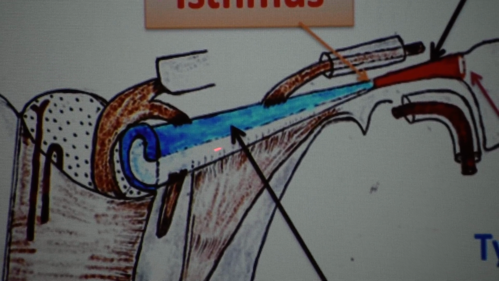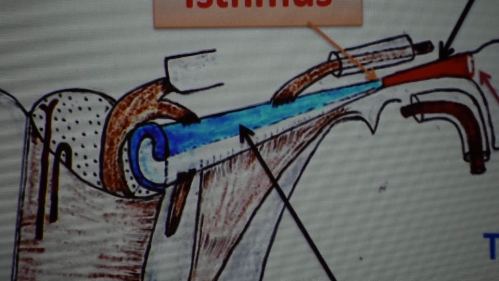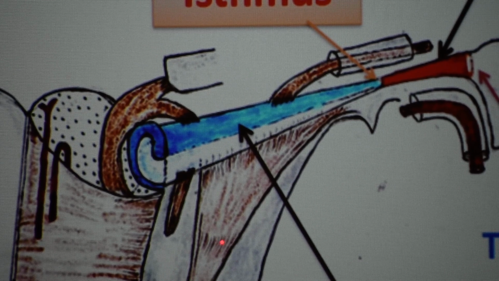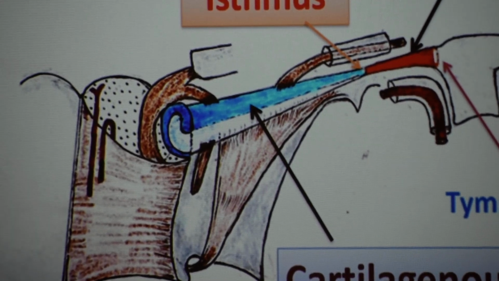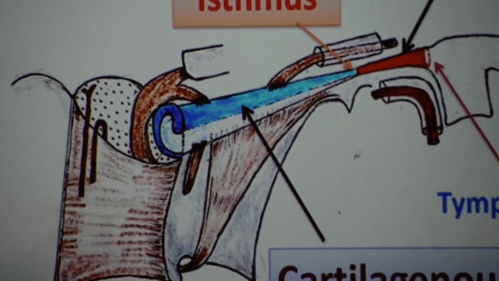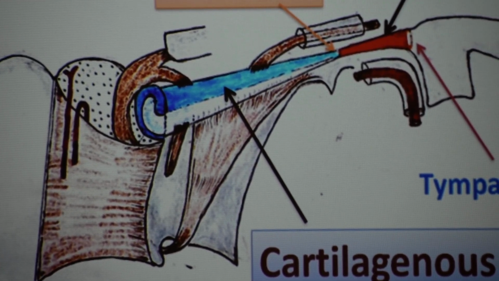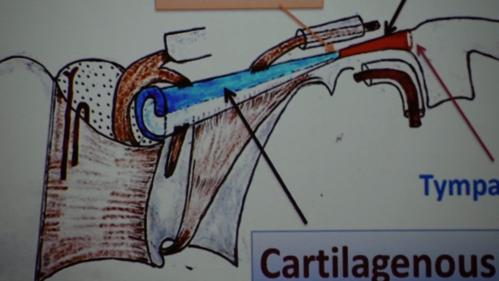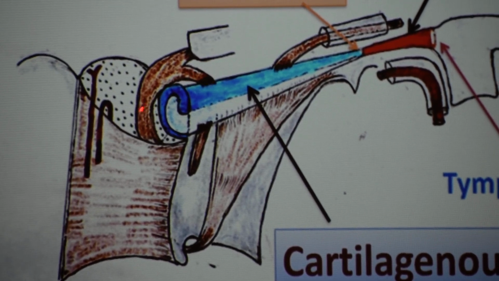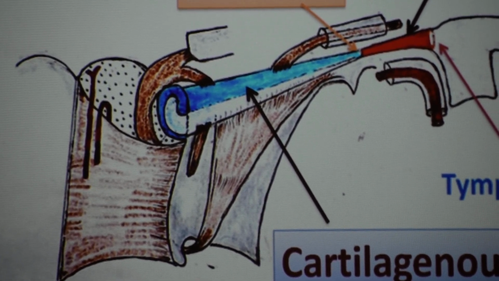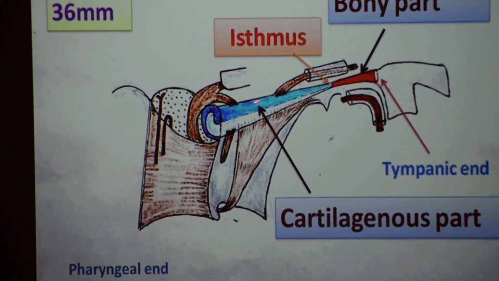Now on the smaller narrow lateral lamina, there is attachment of the tensor veli palatini muscle. So the tensor veli palatini muscle actively contracts and dilates the auditory tube. That's why it is also called the dilator tubae muscle. Passively it also remains open by the contraction of the levator veli palatini muscle. So this is about the cartilaginous part of the auditory tube.